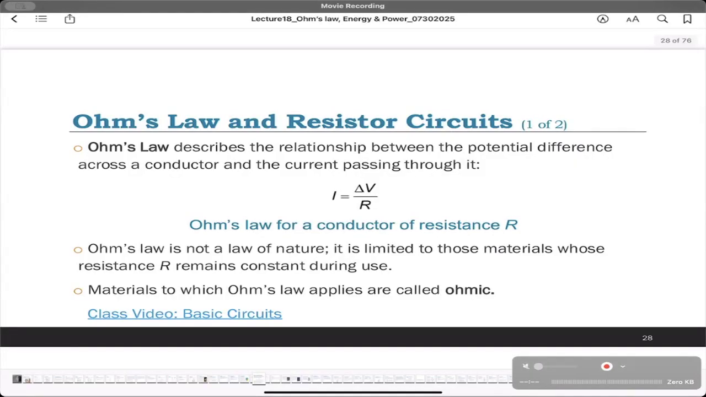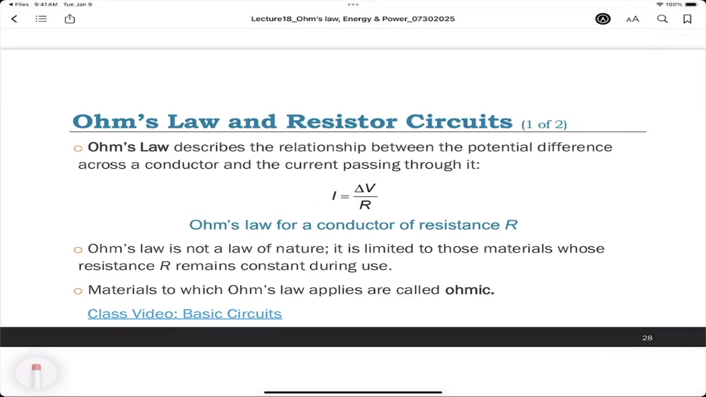Let's continue to talk about Ohm's law and resistor circuits. Actually, we just talked about Ohm's law. Ohm's law describes the relationship between the potential difference across a conductor and the current passing through it. This is Ohm's law. The current depends